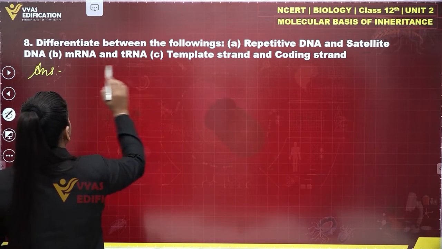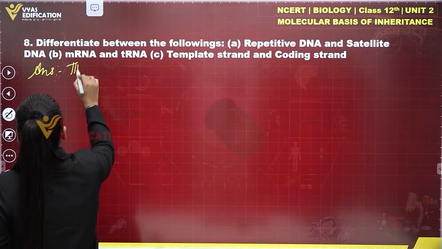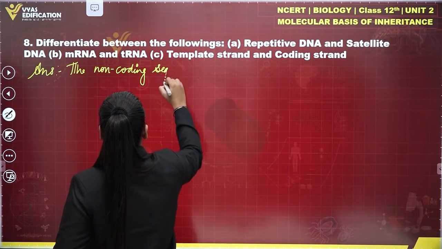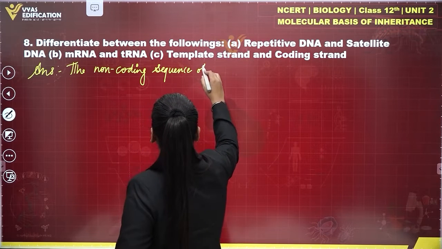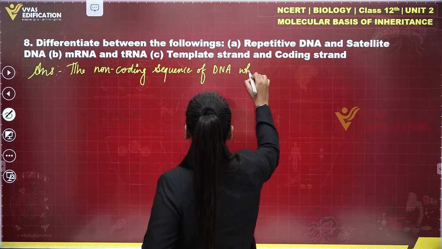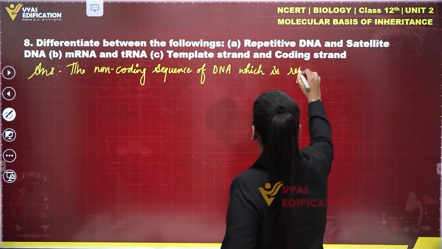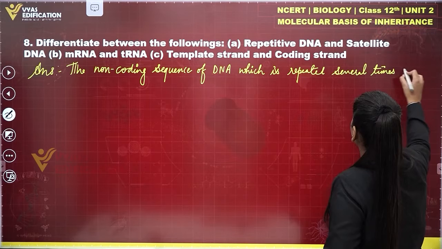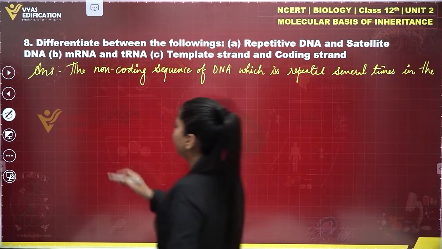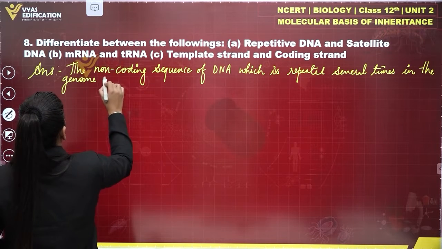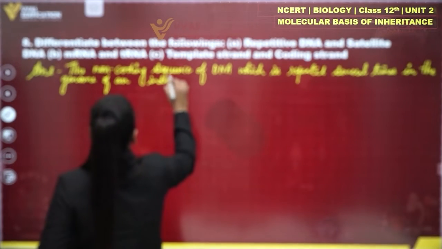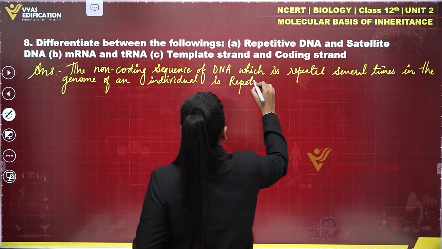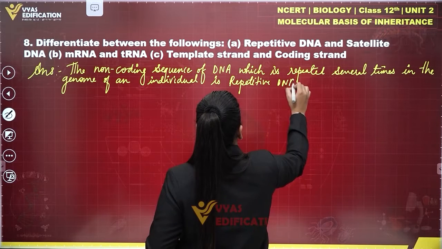First, we will differentiate between repetitive DNA and satellite DNA. The non-coding sequence of DNA which is repeated several times in the genome of an individual is repetitive DNA, whereas